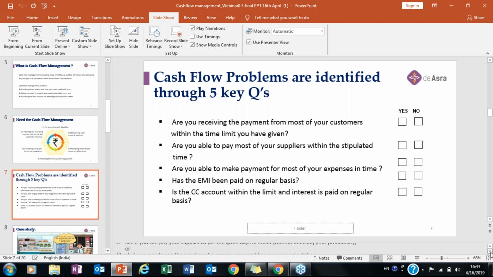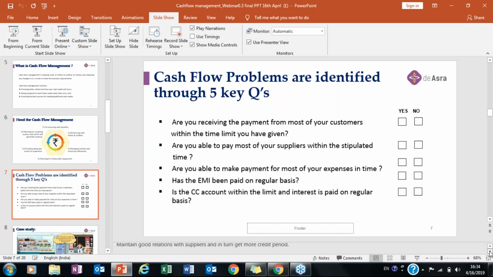EMI is a major thing for your business. If you do not pay the EMI or loans from the banks, NBFCs, or a finance company, it can majorly affect your business, and further, it would be very difficult for you to get funding or loans from financial institutes. See if you can pay the suppliers as per the given period, the given days of credit, without affecting your profitability. Or check if you can change the supplier who can give credit as per your expectation, or maintain good relations with suppliers and in turn get a longer credit period.